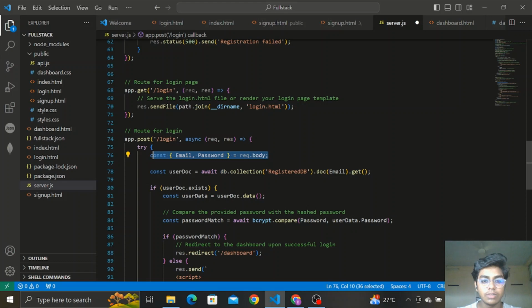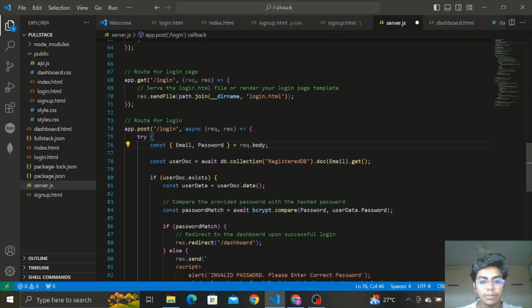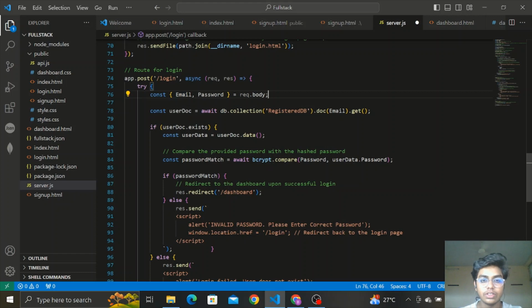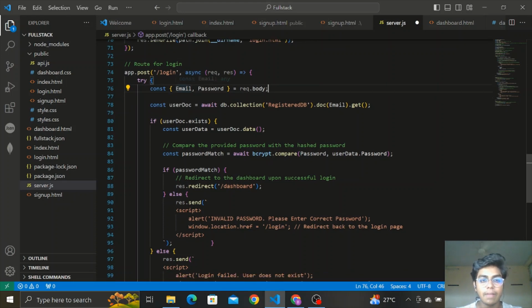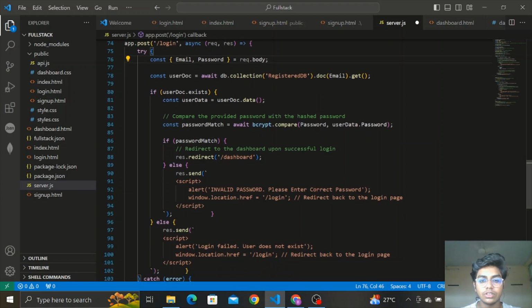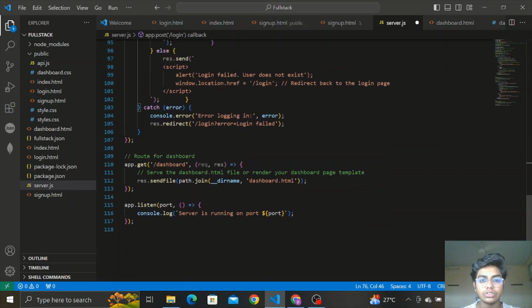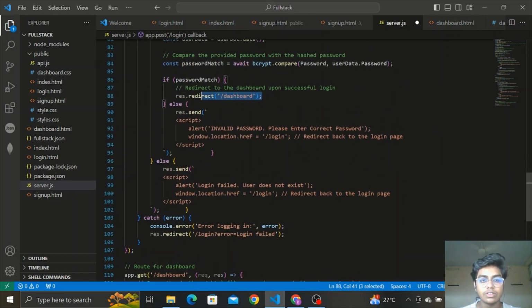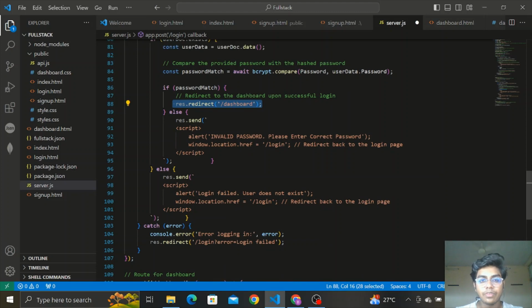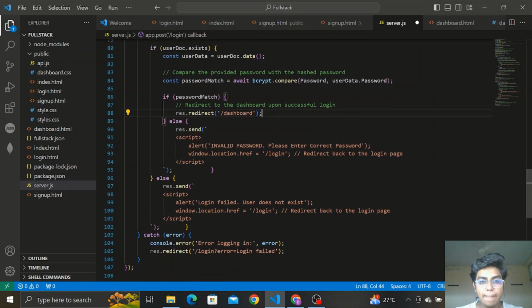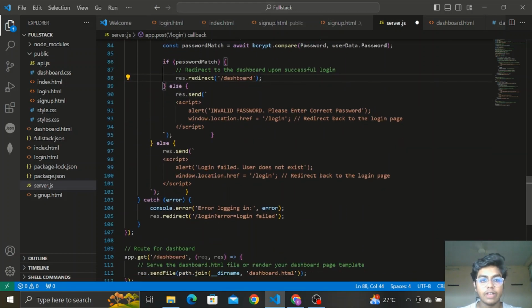Here you can see the email and the password are stored from the body, and the email and the password are matched with the database. If the email and the password correctly match in the database, then it redirects to the dashboard. Here you can see if the password matches in our database, it redirects to the dashboard directly. Here you can see the decrypted password comparison, and if the password is invalid,